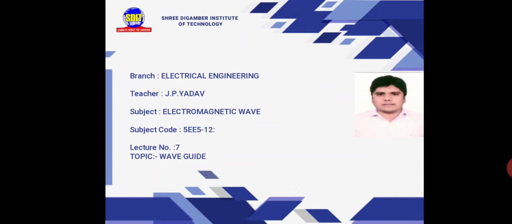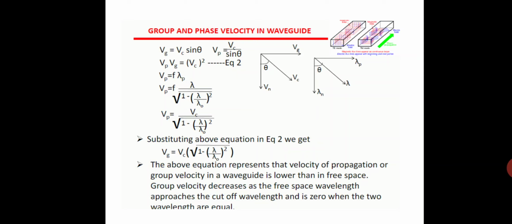An electromagnetic field can propagate along a waveguide in various ways. Two common modes are known as transverse magnetic mode and transverse electric mode. In TM mode, the magnetic lines of flux are perpendicular to the axis of the waveguide, and in TE mode the electric lines of flux are perpendicular to the axis of the waveguide.